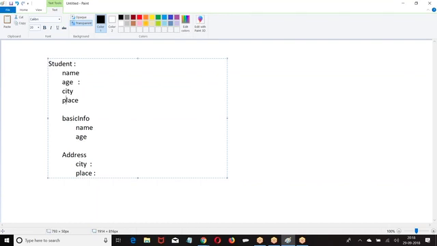Whatever data we are passing in the parent component, the same data we want to pass to the child components. So create parent component and two child components. In the parent component student, we are going to call basic info and address. The child components will display the data. Now create this example, everybody.